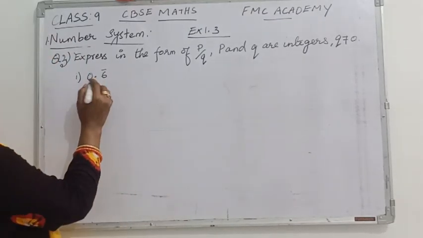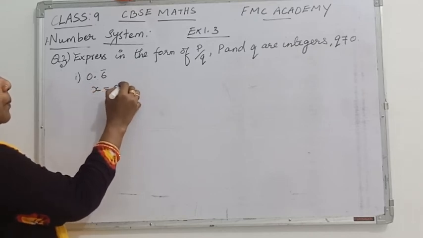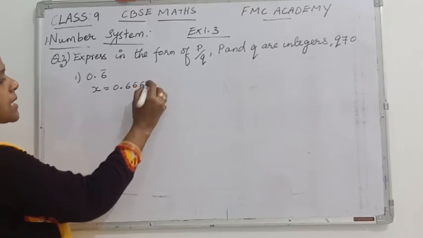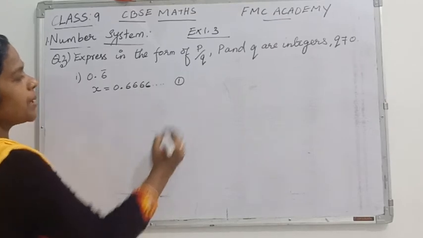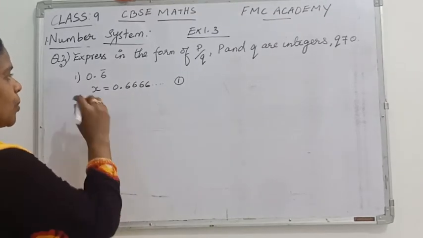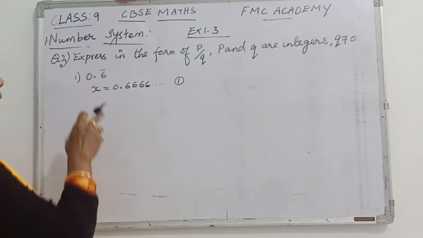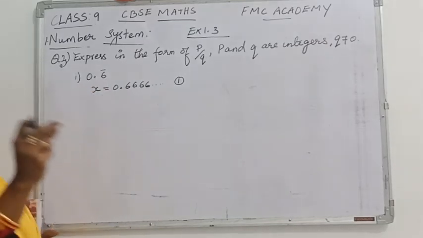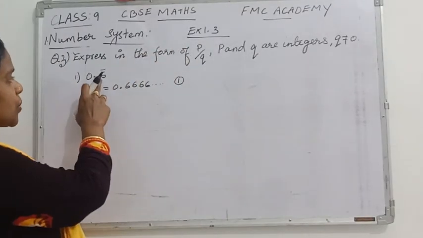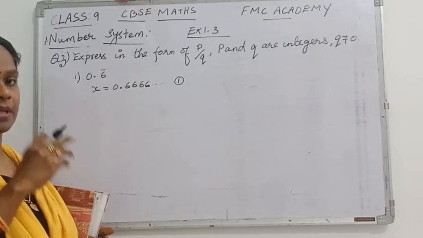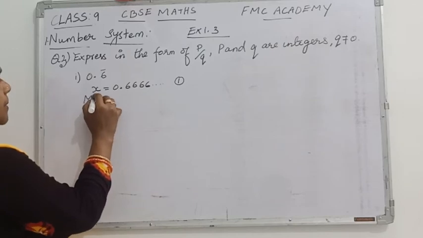So first step, you will give a name to this number, that is x is equal to 0.666, because the 6 is repeating over here. So we are giving 666 and the number 1, equation number 1. Now you are going to multiply with some suitable number. How will you select it? Already I told, after the decimal you see which digit and how many numbers are recurring. In this one 6 is recurring, only one number going on repeating. That's why we will multiply by 10 on both the sides.